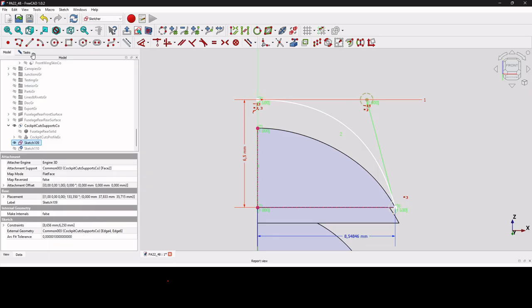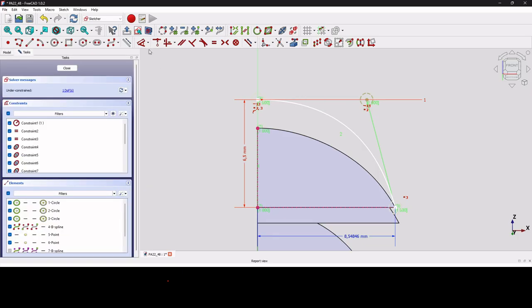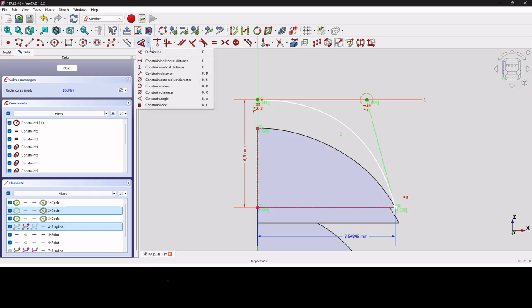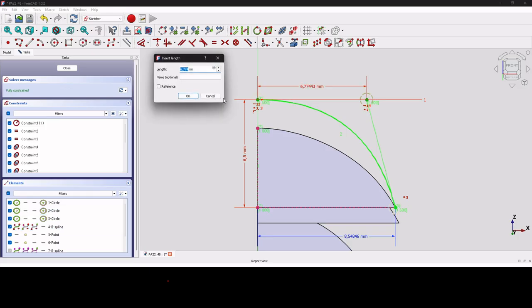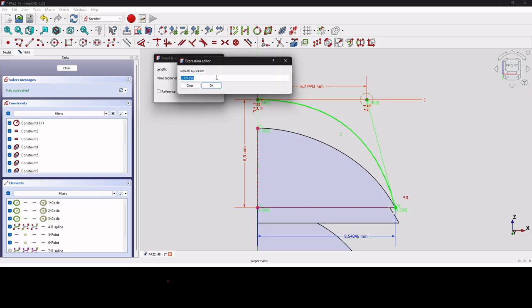So I will do exactly the same ratio here. So here I will say that from here to here, constraints horizontal distance, I will say 625 divided by 865 multiplied by